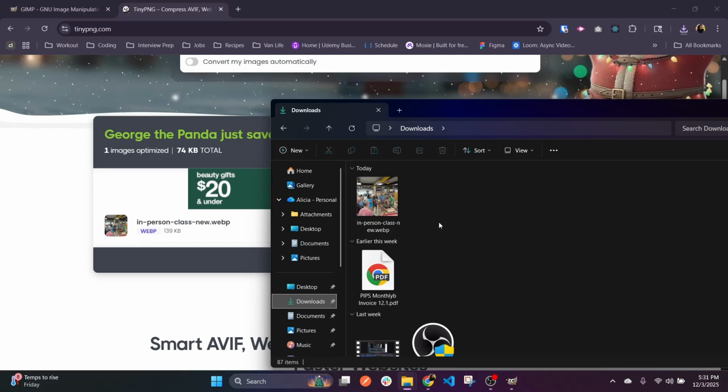So that's how you can easily compress an image. I recommend doing this. It doesn't take too much time and it really helps with